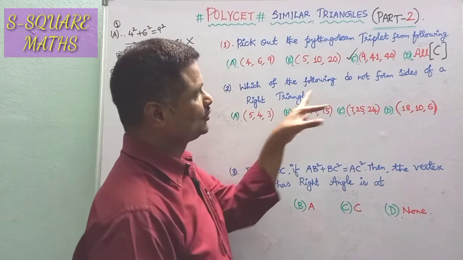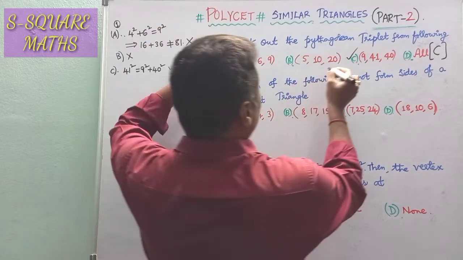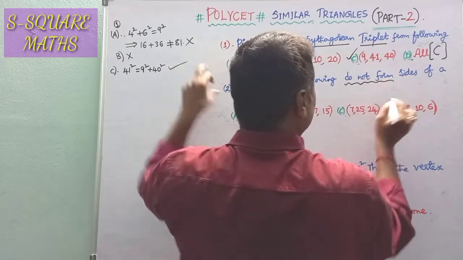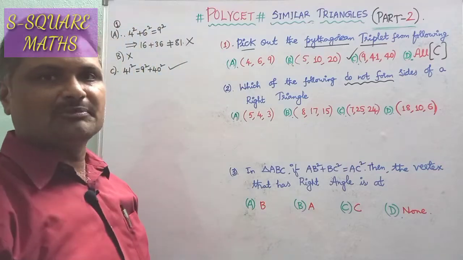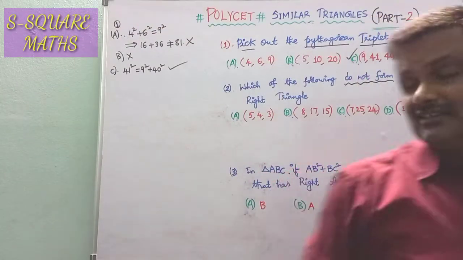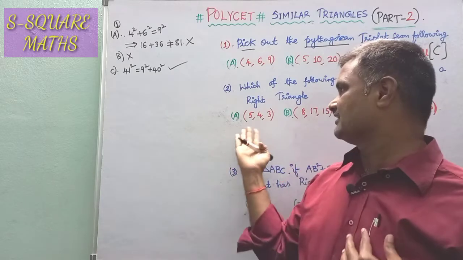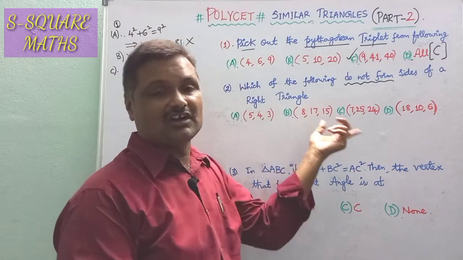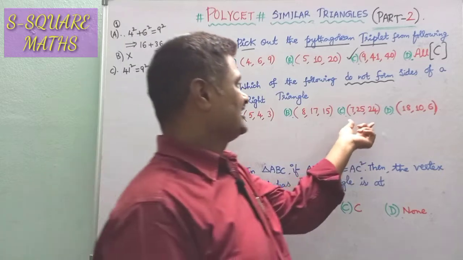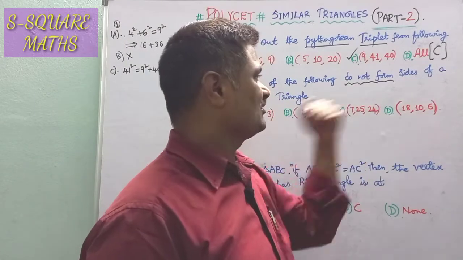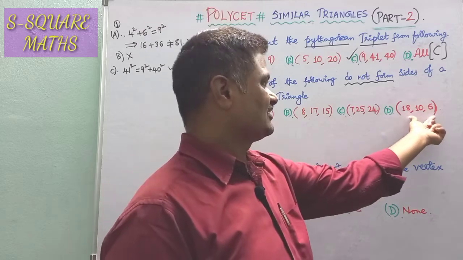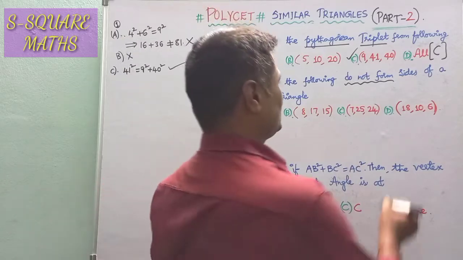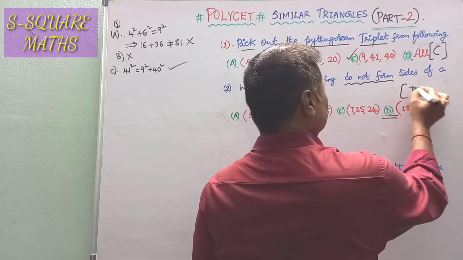Next, which of the following do not form a Pythagorean triplet? Here we have to pick out the one which should not form. So let us see now. Obviously 3, 4, 5 is a repeated one and will form a Pythagorean triplet. And 8, 15, 17 we got many times, it forms a Pythagorean triplet, and this one also forms, and this one does not form. Here you can check it also: 6 square plus 10 square is obviously not equal to 18 square. So directly here you can write it.